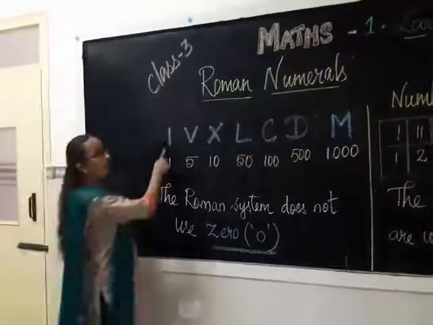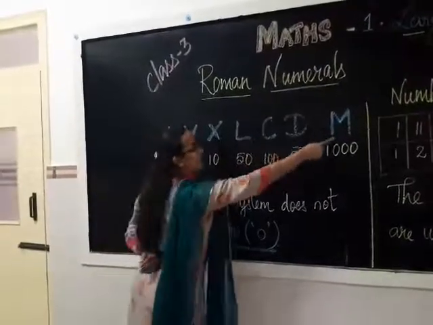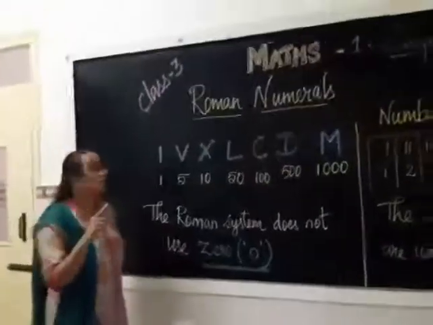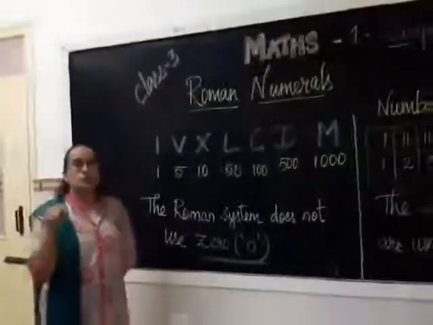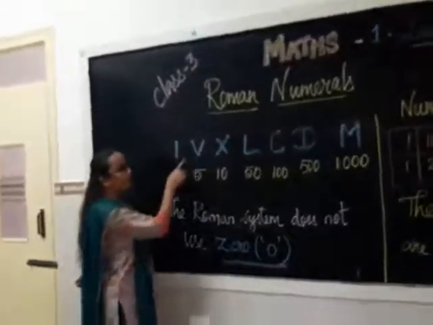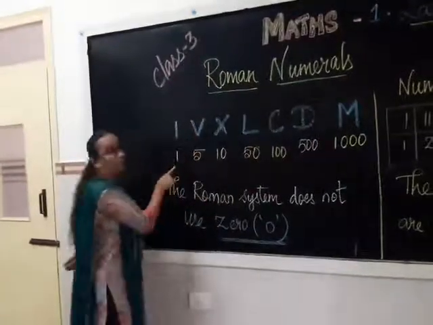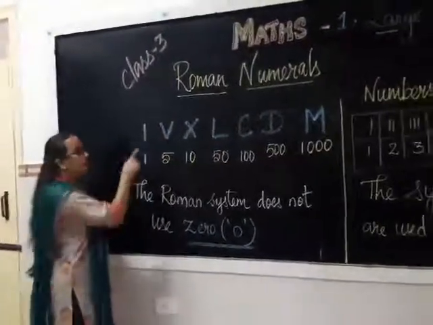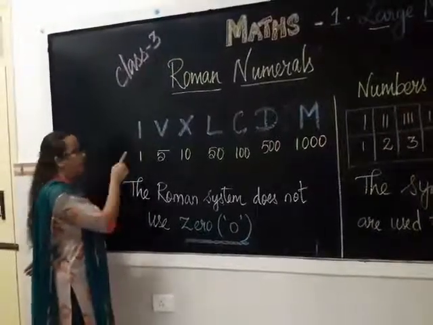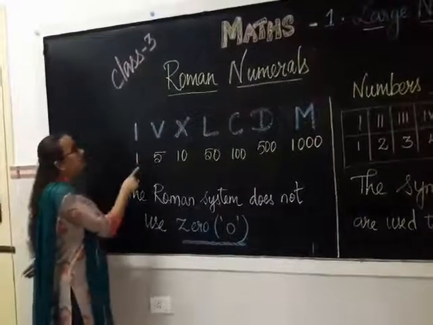They are I, V, X, L, C, D, M. These are the alphabets that are used, which you are going to learn in 3rd standard. Okay. So the letters are I, V, X, L, C, D, M. I stands for 1. So in 1st standard you will write like this, right? So this I is 1. Remember, in 1st standard or 2nd standard you would have written like I, right?